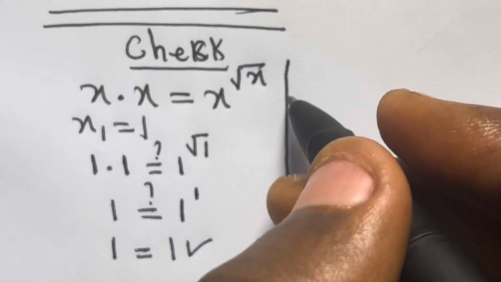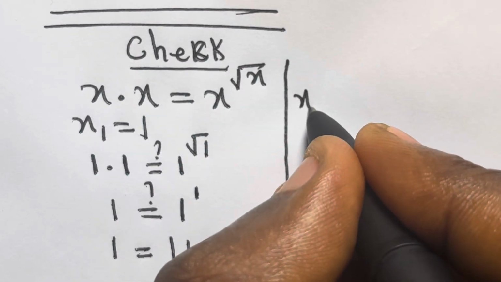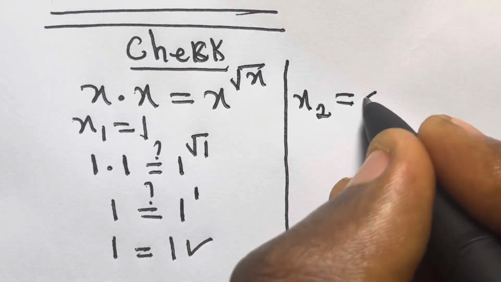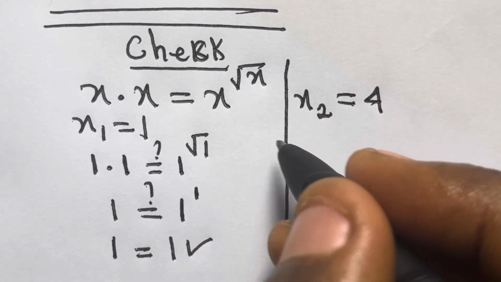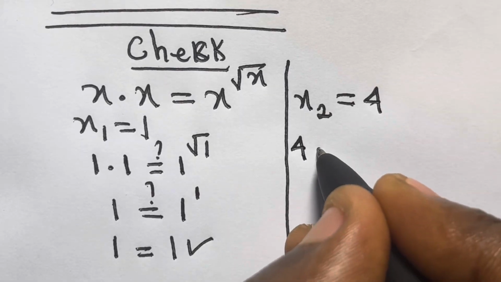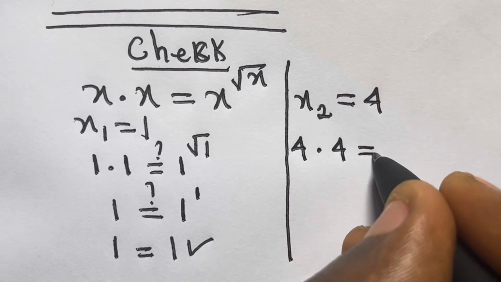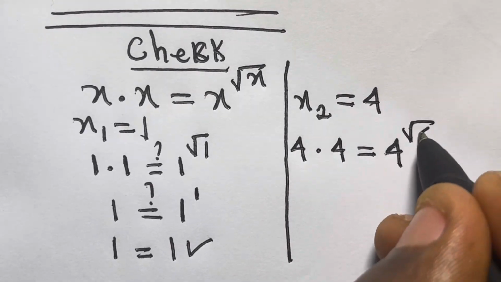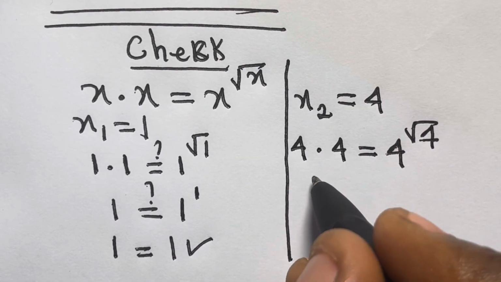Also, for the second, let's say x2 equals 4. So let's see. We have 4 times 4 equals 4 raised to power square root of 4. Right? So we have 4 times 4, we have